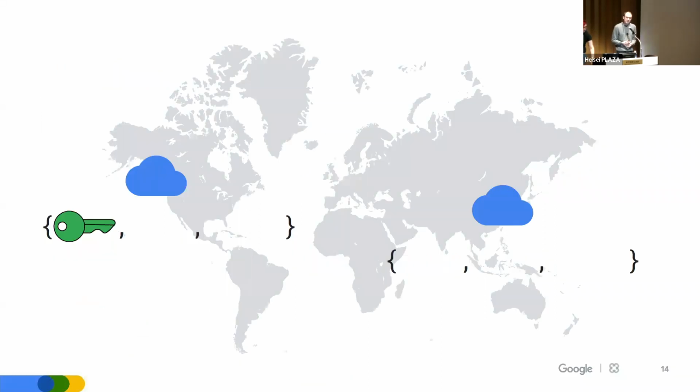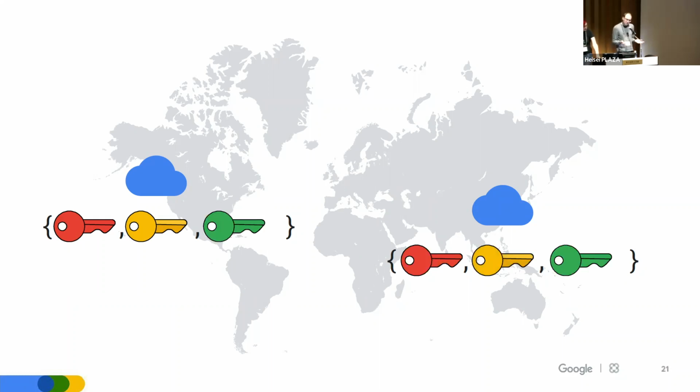A very simple example: let's assume we have 2 locations. We generate a new key, then we have to ensure it's available in all other locations, and then we can make it active. If we then want to rotate the key, again we have to generate a key in all locations. Then we can make it active and make the other key inactive, and again we have to propagate this. So this is very simple. Again, we rotate the key, generate a new key, and at some point we can delete the old key.